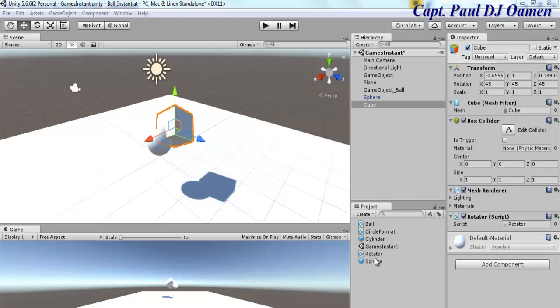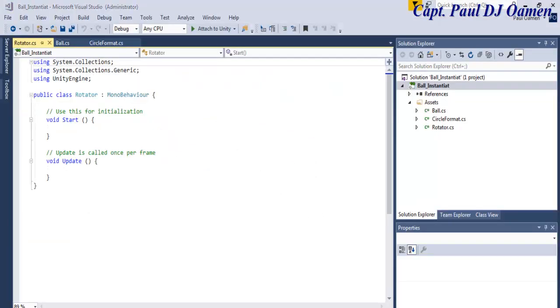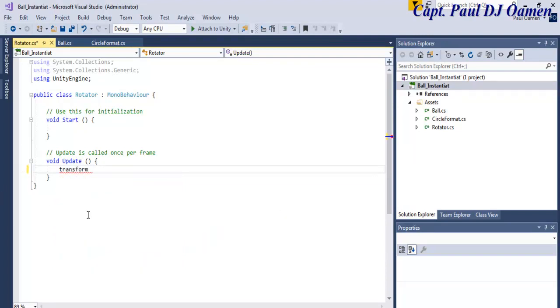There we go. That's the scripts created for the cube. So I'm going to make sure I select the rotator script itself and click on open, and right there. The next thing that I want to do now is right in here, you see the function update. I'm going to enter in there. I'd like it to transform as follows. Let's double click on that and say